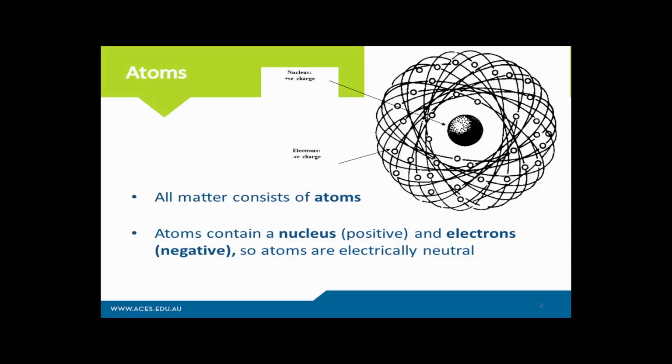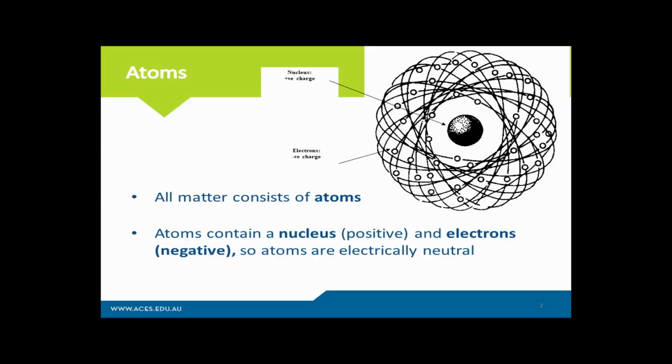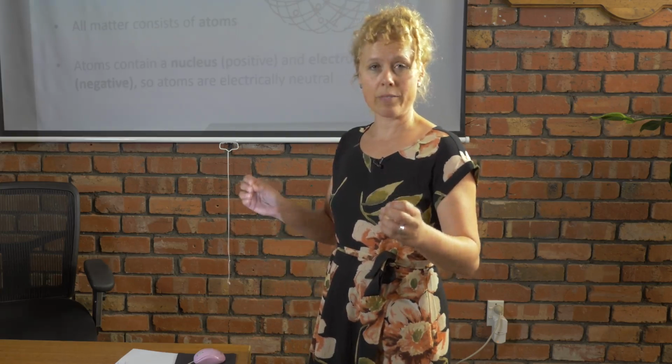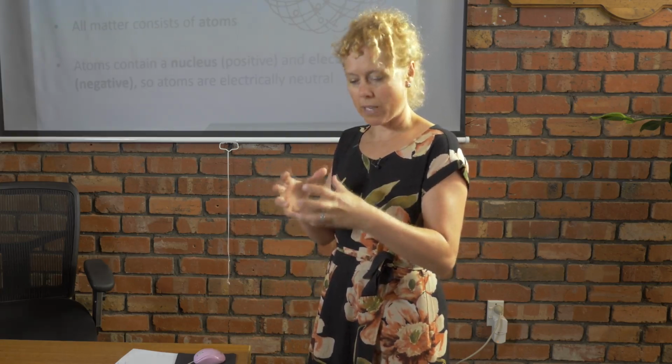So atoms, the Niels Bohr model of the atom, is a simplified model. Look at that: in the centre of the atom we have a nucleus, and it is made up of protons and neutrons. Because the protons are positive, the nucleus has a positive charge. Circulating around the nucleus are a series of electrons, and electrons are negative. They are spinning so quickly they give us the illusion of being solid when in fact they're not. So we have a nucleus which is positive, and the outer orbit is considered to be negative. And because positive and negative attract, it keeps the atom intact